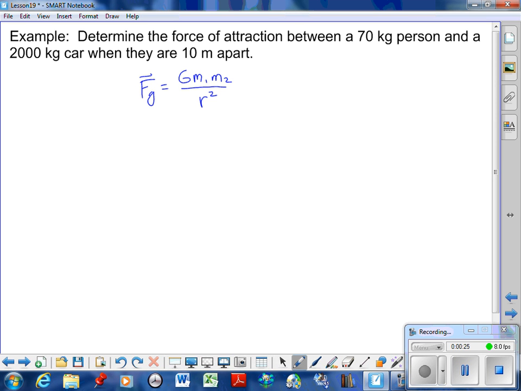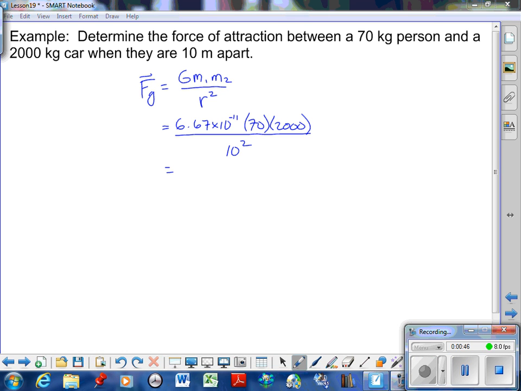If it was just the force of gravity acting on one, then it might be F equals ma, but in this case we're looking at the attraction between two objects. So going through and applying the formula, 70, 2,000, and 10 squared. We go ahead and do the calculation. We find that we get 9.34 times 10 to the negative 8 newtons,